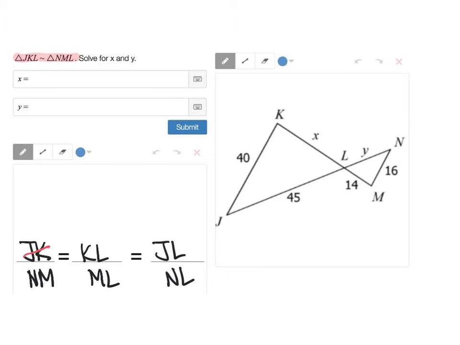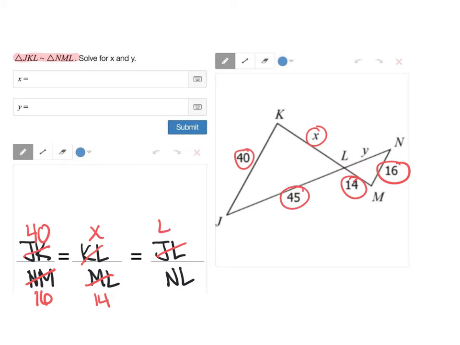Okay, JK is 40, and I circle it once I've used it so I know I can ignore that number. NM is 16. KL is x. ML is 14, JL is 45,